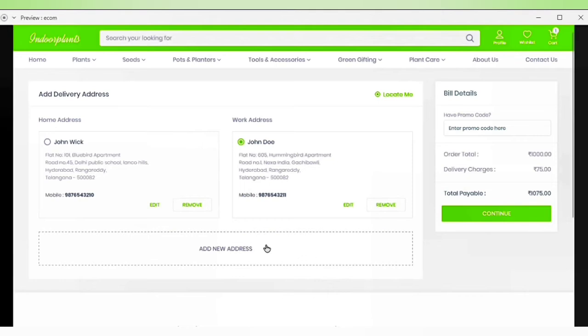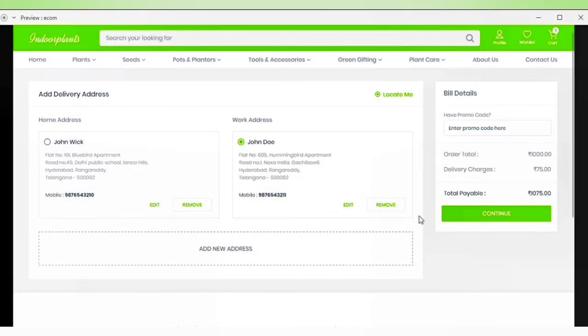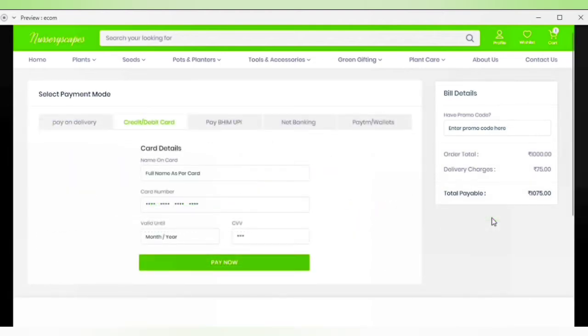If you don't want to add an address, or you don't know what exactly the address is, you can click on locate me. So when you click on locate me, when we integrate the API, it automatically captures your system or mobile location. It asks you for access to your current location. Then your location will appear on this pop-up. There you have to give your full name and the contact number, and then you can add this address. And when you select this address, you can directly click on continue to get into the payment gateway,